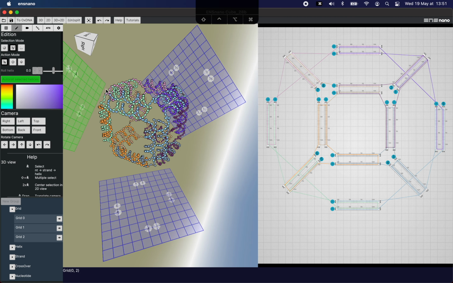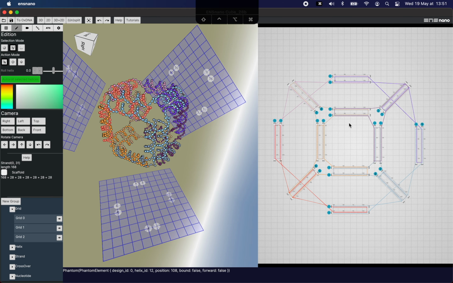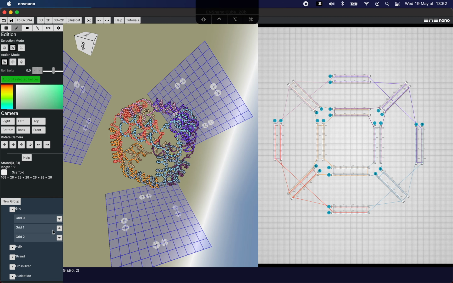We can go in strand mode and check the shape of the various strands. Okay, so you can connect them. Okay, this one also is fine. So we all see these 3 arm patterns in all of them. Okay, and that's it. In this video, we could see how we could use the 3D view and the 2D view to make a design, and also how to use the roll to make a design.